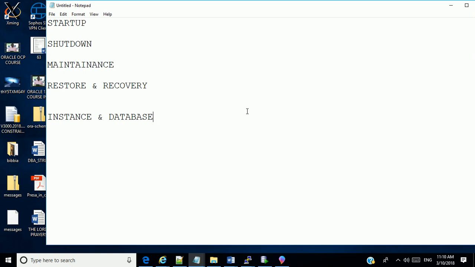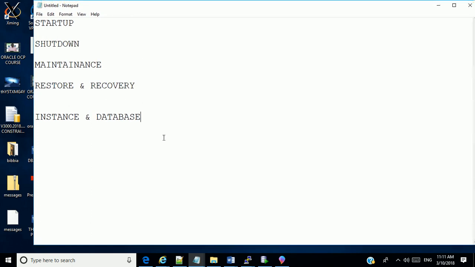A database administrator must be able to identify an instance, and must also be able to start up, shut down, mount, dismount, and perform many operations with the database instance. All these things I'm going to explain in this lecture. Very, very important. First of all, we're going to look at the startup process. What happens when you start up a database? This is what happens.